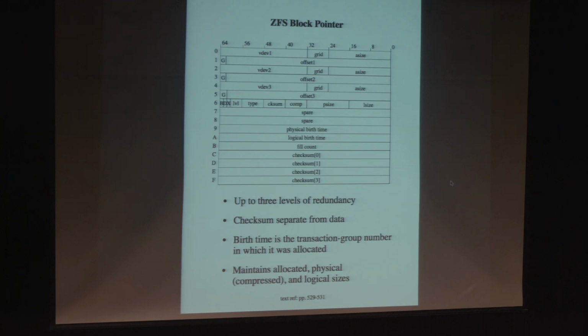And you say, well, what are you doing with all that? It turns out this is where a lot of the redundancy and other integrity stuff comes from, the block pointers being this large. So you'll see there's pairs here. So VDEV, GRID, ASIZE, offset 1, 2, and 3. And these are pointers to actual disk blocks. Actually, VDEV tells you the device it's on, and the offset is the offset on that device, and other bits and pieces that I'm not going to go into detail on here. But there's 3 of them there.